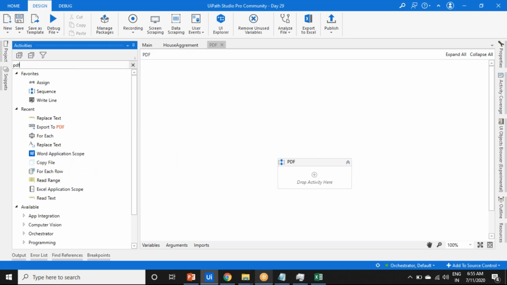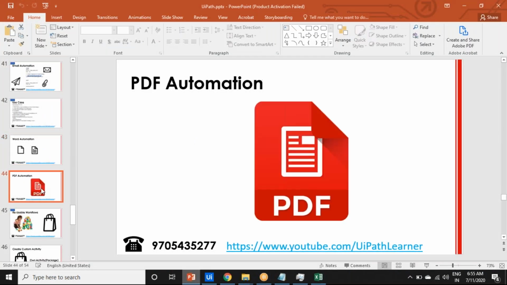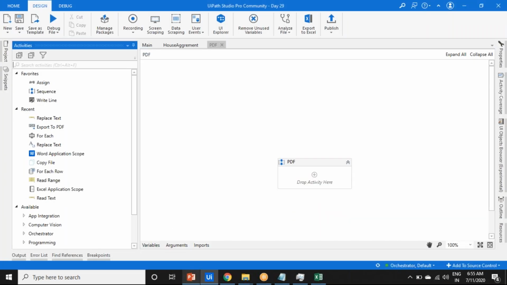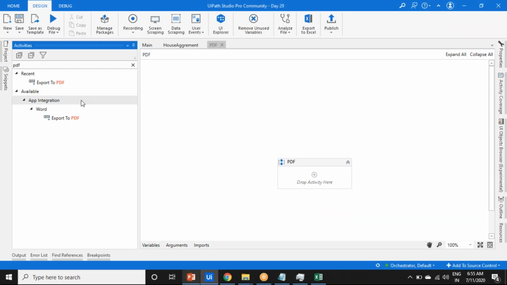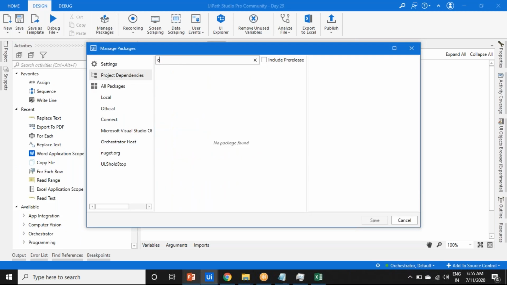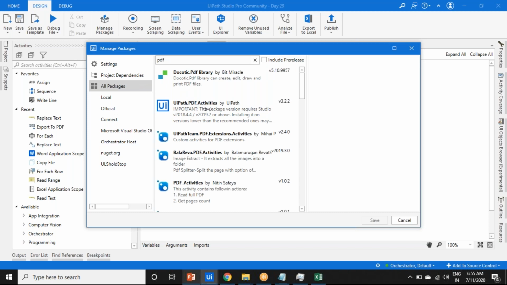Let's do the PDF. The next topic is the PDF. So you're dealing with PDFs, right? If you get a PDF, there is no PDF coming, only export PDF is coming. Let's try to install the PDF package in the same way we installed the Word one. Go to all packages. You can see